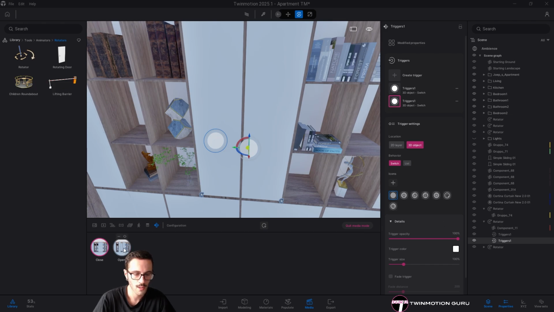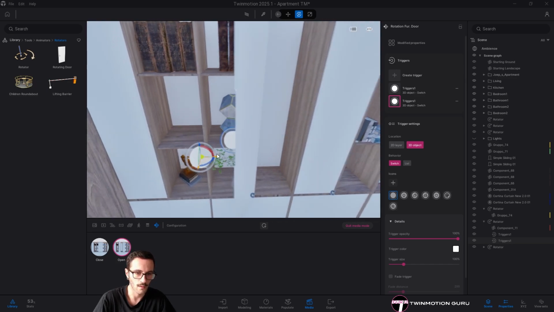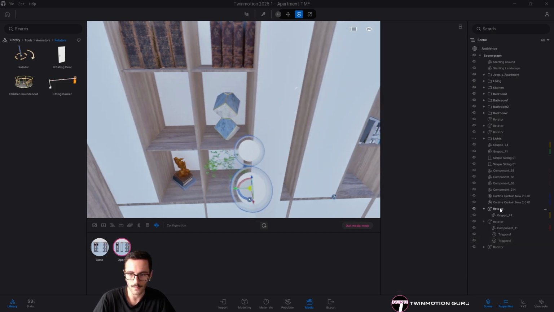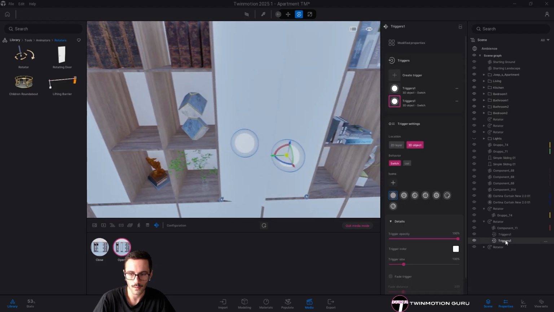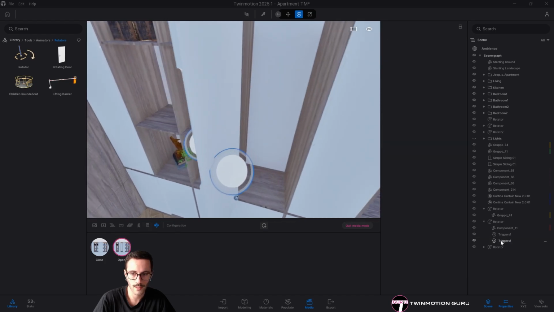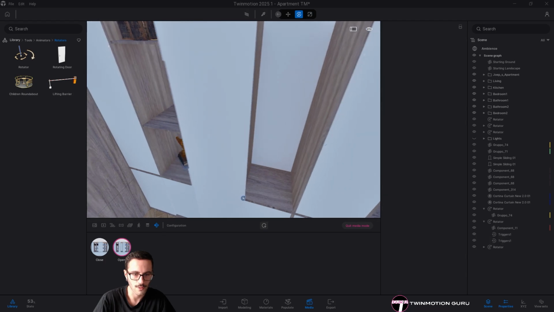So from now on, if I click on the open menu, both configurators, both triggers will move. But for the second one, I'm just clicking on it. Let me, okay, open it. I'm just putting it, maybe, in this location.